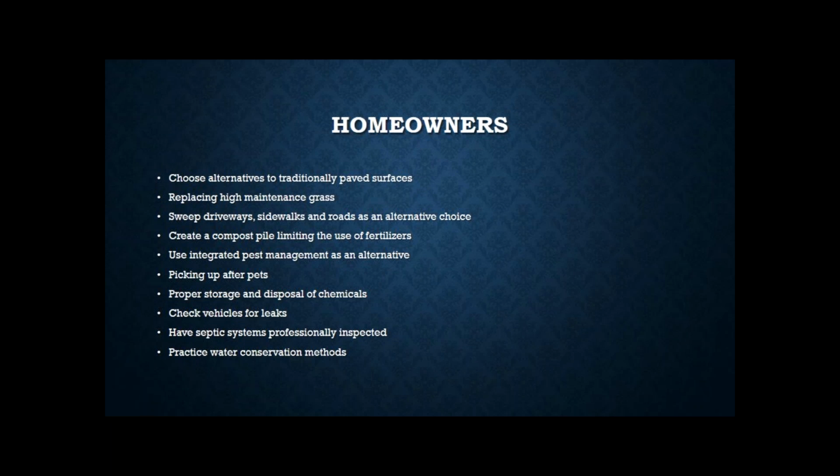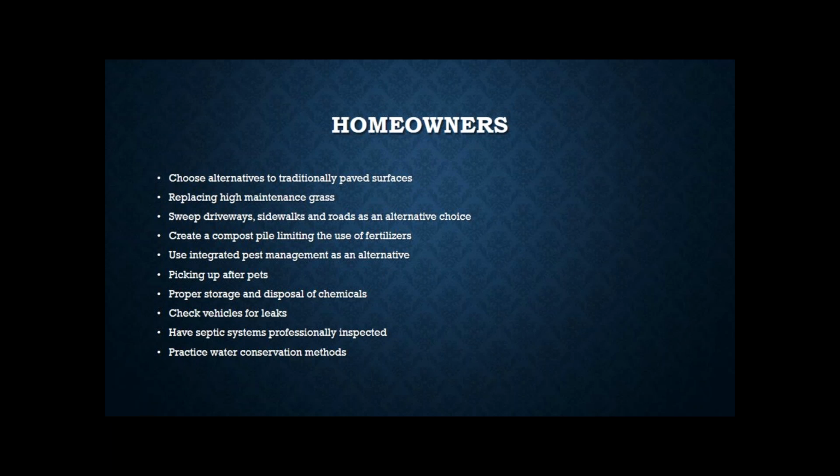Another thing is sweeping the driveways, clearing the sidewalk of debris and different things. Instead of using fertilizers, they can bag leaves instead of leaving them on the ground, or grass clippings. They can transition to composting. One of the things that we've seen in parks is the little pet stations where you can use a plastic bag to pick up your pet poo. And that's something that we as general members of the public can actually do.